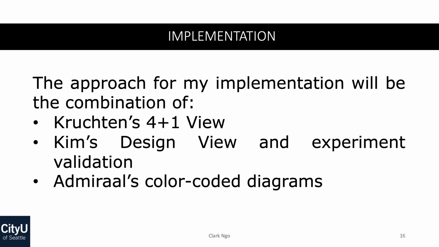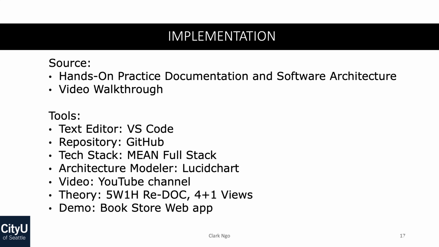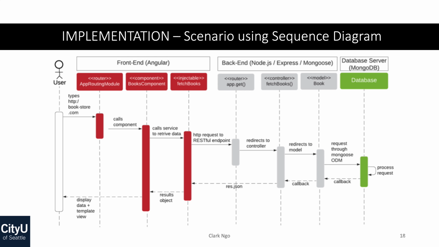For the implementation, I use the 4+1 view, design view and experiment validation, and color-coded diagrams. The highlight here is using Lucidchart as my architecture modeler to create those diagrams. For my scenario, the sequence diagram shows a user that hits a URL, and now that URL would now